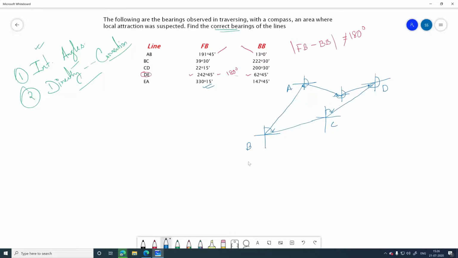Now we will determine these interior angles one by one. It is very simple; you can see the previous class, and in that way you can determine the interior angles. I am showing how to do that. Suppose we need to determine angle A. Let's draw that particular portion here. This is point A, this is point B, and this is point E.